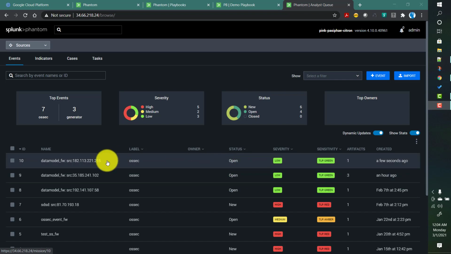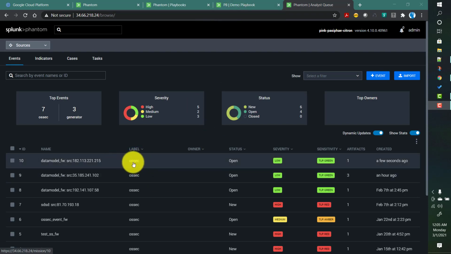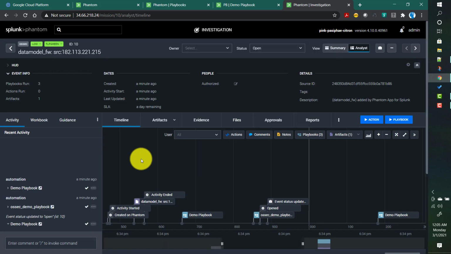Now if you see here, we have received this particular event in our Splunk Phantom. What the playbook we created, our demo playbook, has done is automatically update its level as OSS EC, and it automatically changed its status to open. If I open this event now, we will see that the playbook has worked on it automatically.